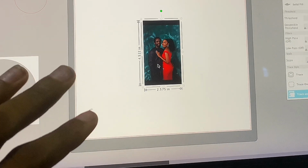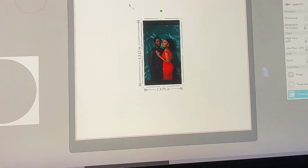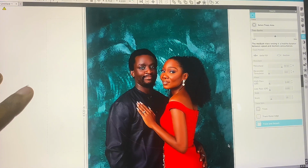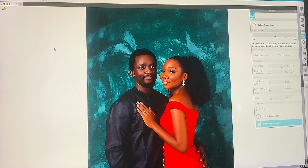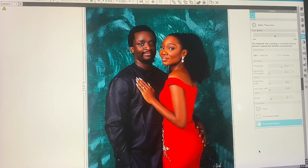So if this is how I want my image to be, this is what I'm going to cut out. We just click and drag over the image and the circle, right? So I just clicked and dragged over the image and the circle to select everything together. Then I would go to